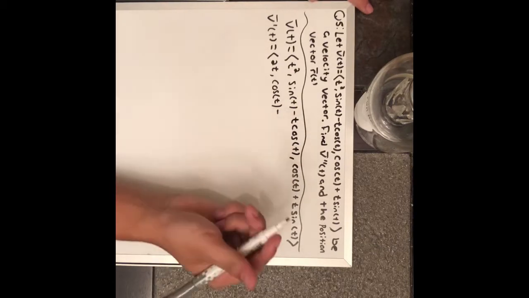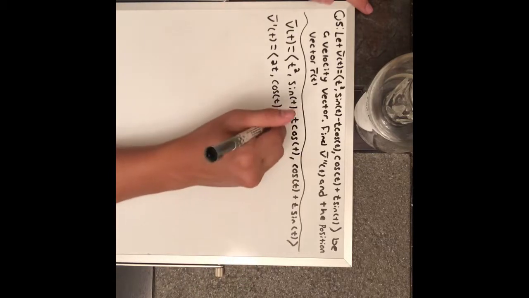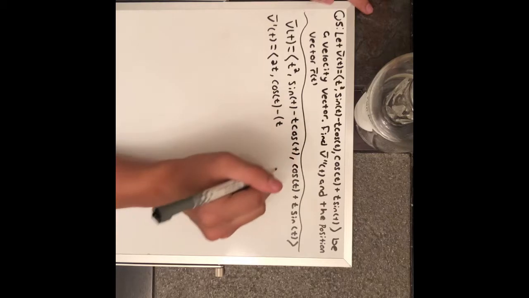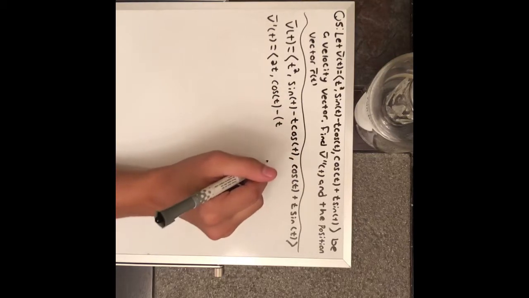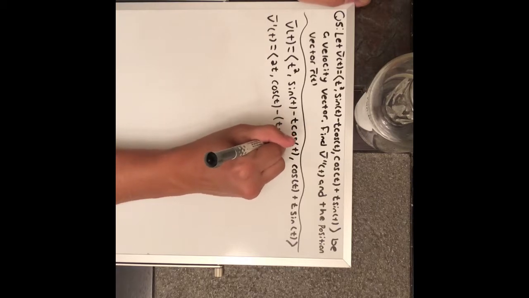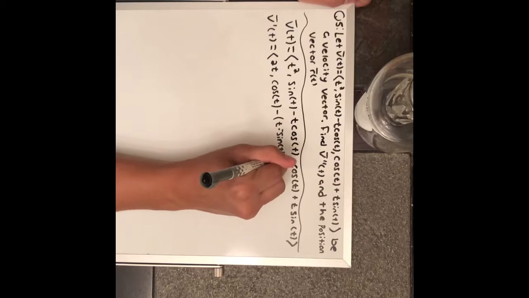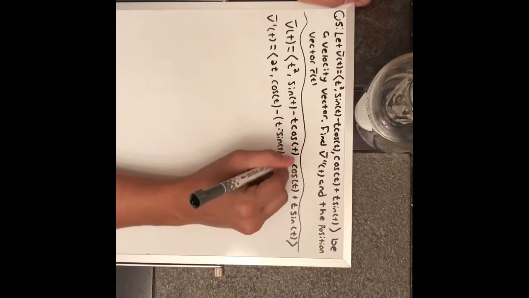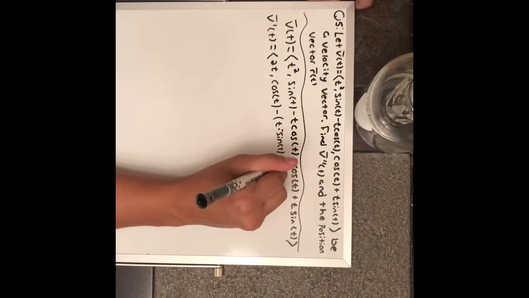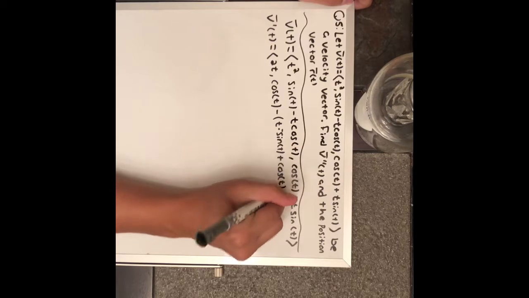We have a product to the right, so we've got to use the product rule. The product rule states that we keep the first quantity as it is, and we differentiate the second. So the derivative of cosine would be a negative sine of t. Now we add, and we take the derivative of the first one, which would just be 1, and we keep the second one as is. It would just be cosine of t,